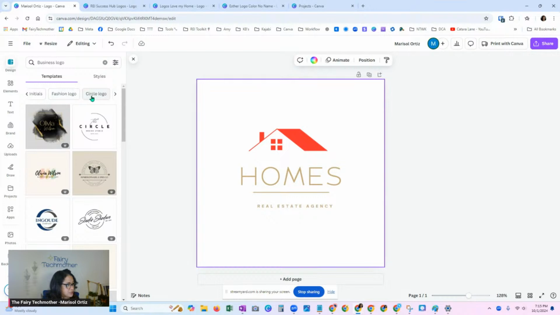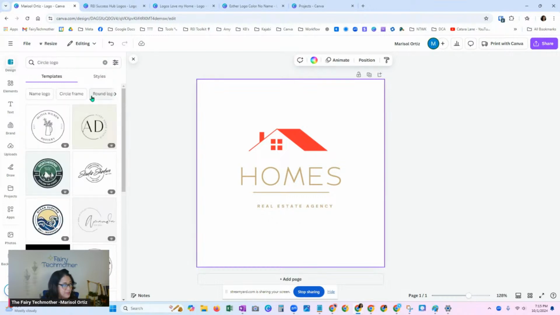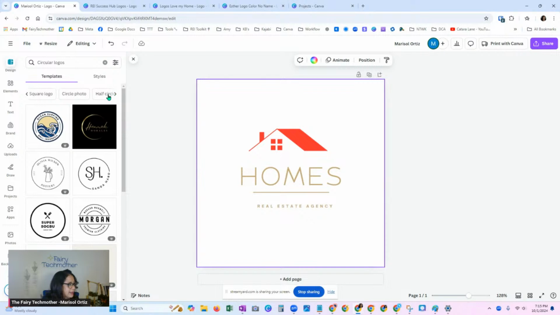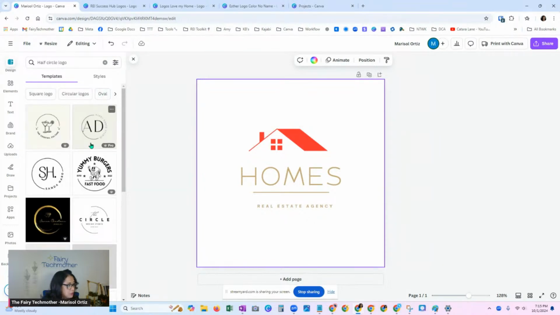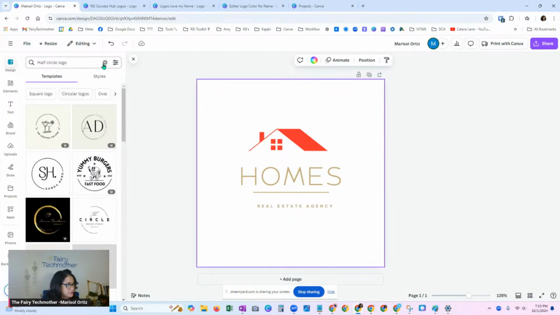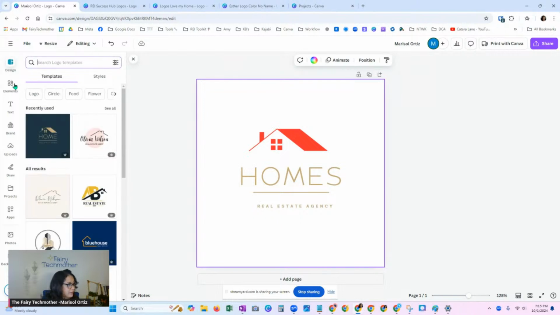If you want a circle logo, like you just really have this idea, I really want a round, circle logo, rather than finding the logo, trying to figure out how to change the size and manipulate the elements, you can go right to that. Round, circle frame, half circle. So it's really, really self-explanatory. It kind of does it for you. You just kind of pick what you like. Just going to click out of there and then go from there.